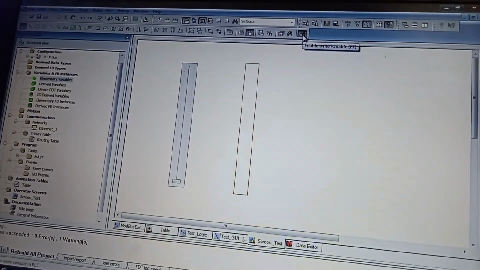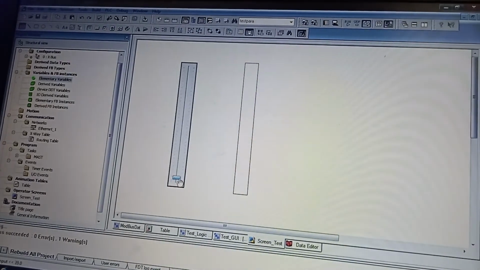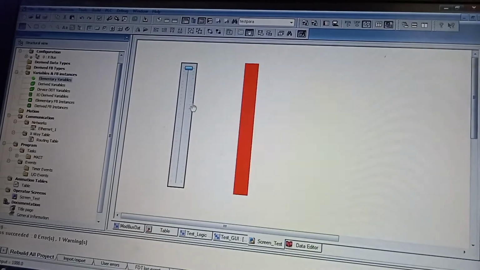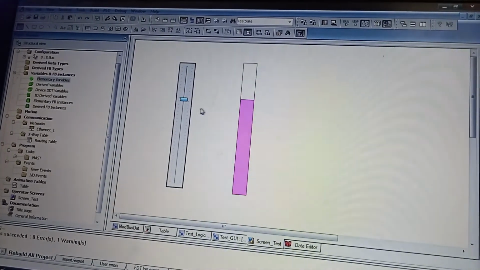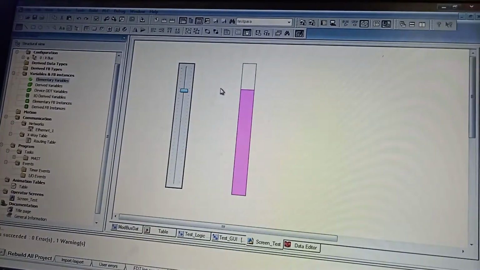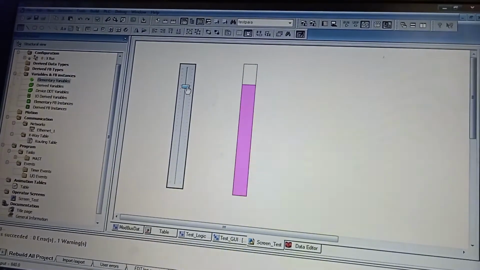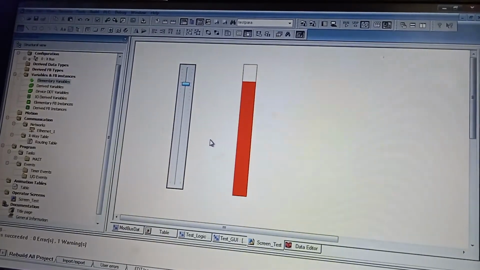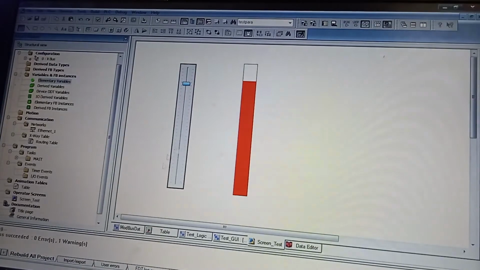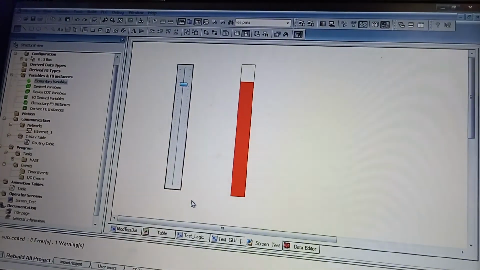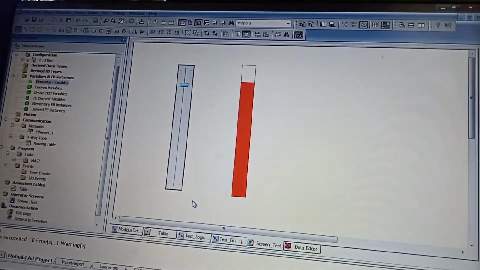Now you click on that, that is the enable write variable. Now if you increase it, you see that bar graph is going high, and if I go maximum, you see, as I told, after 170 it will become red, because it will give the high alert. You see, after 170 automatically it is giving the high alert. Okay, so in this way we can make the graphical user interface or the operator interface for analog IO.